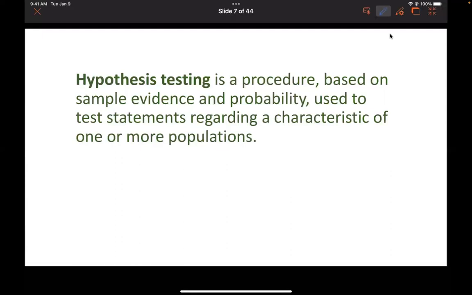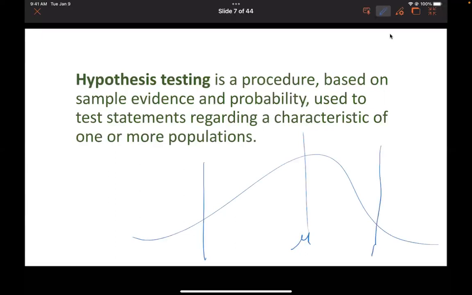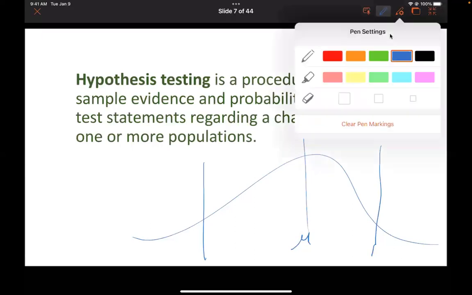So don't worry about memorizing that, but that's basically what's happening. So that's a really ugly normal curve, less percent 10, that's perfect. If I had a mean here that they gave me, this is the mean that they gave me. And what I'm going to do is build a confidence interval, because we've done that before. I'm going to take a sample and determine whether or not my sample mean lands in